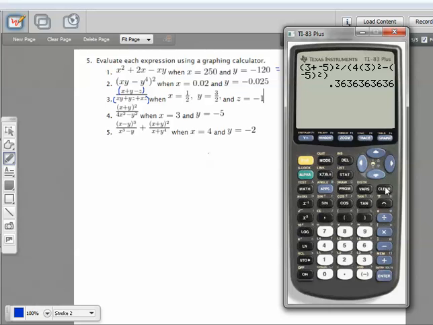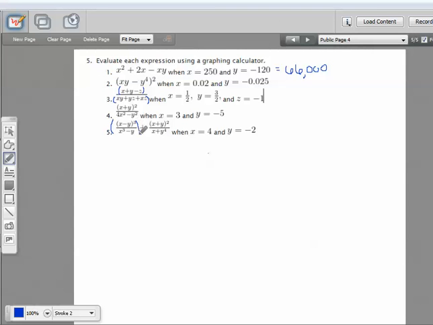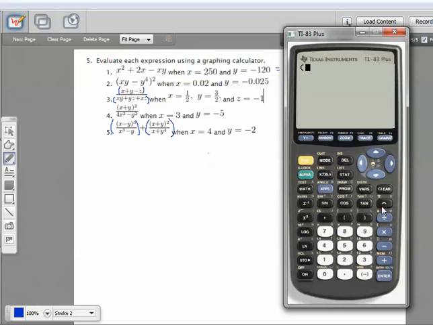And for number 5, the last one here in lesson 2, I'm going to clear that out. Again, very careful here. We're actually going to need 2 sets of parentheses because we probably should go like this around both of those so we know that our calculator takes the appropriate order of operations. So 4 minus negative 2 cubed, that's our numerator, divided by,